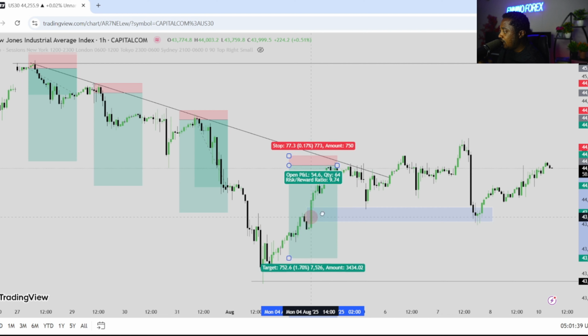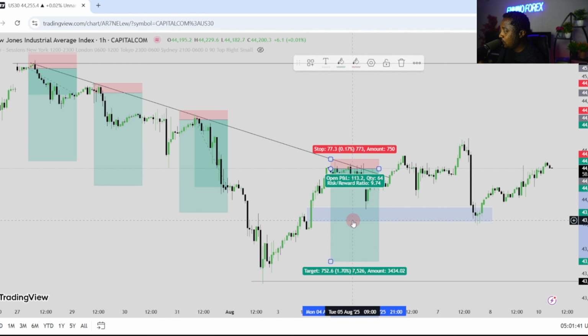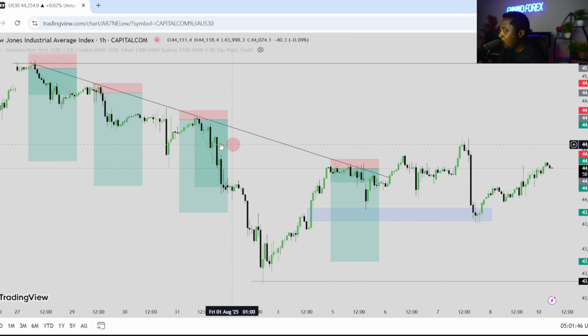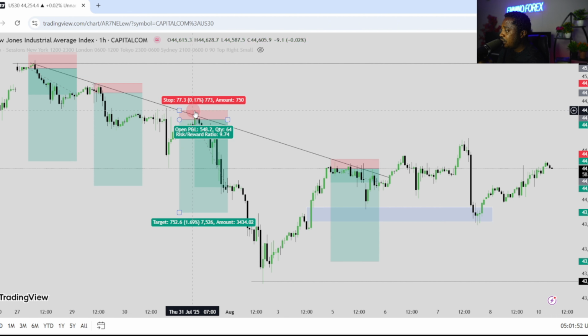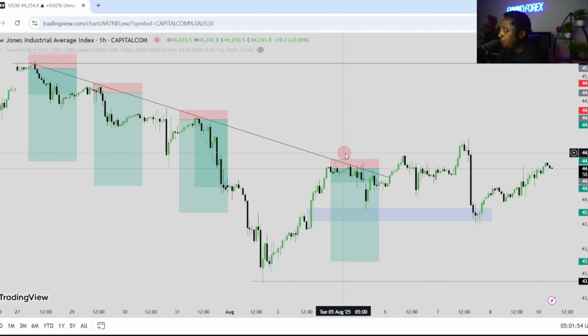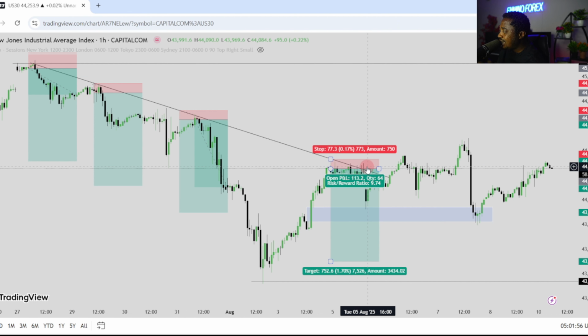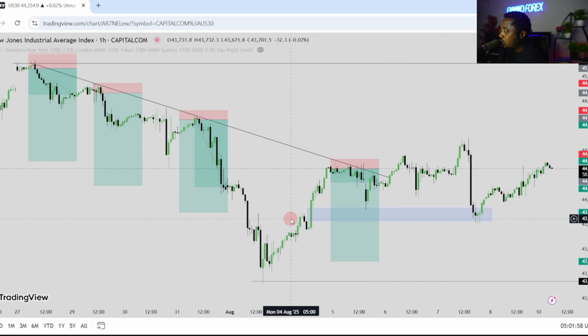Now we have a zone where there are 4 different stop losses: 1, 2, 3, 4. It means there is money resting above here, money resting above here, here, and this place. So because the price has not sought this place before, what we will definitely see is that,